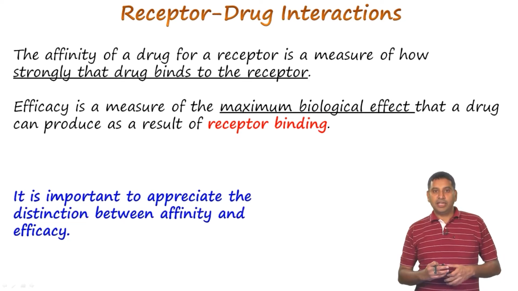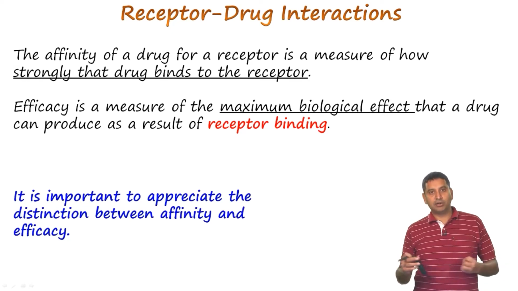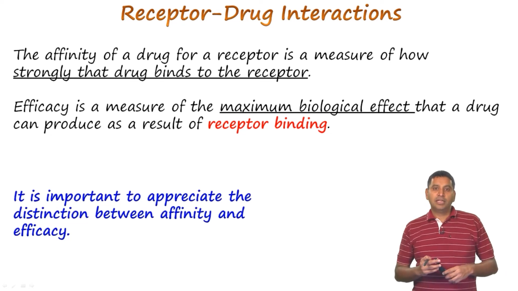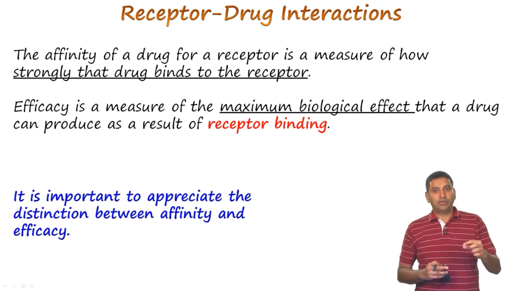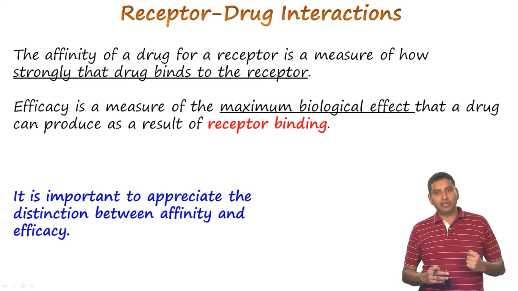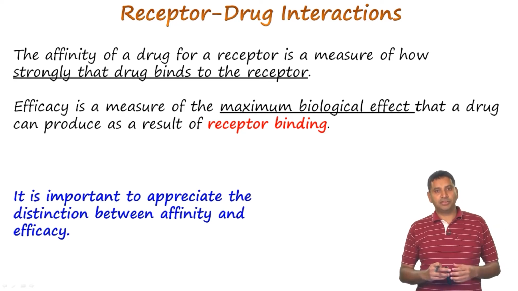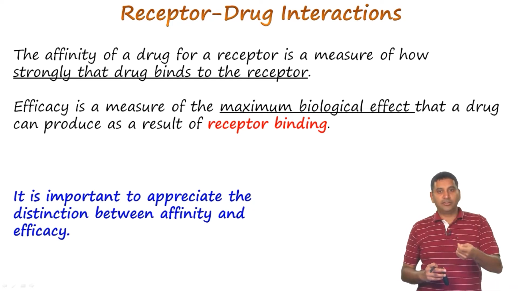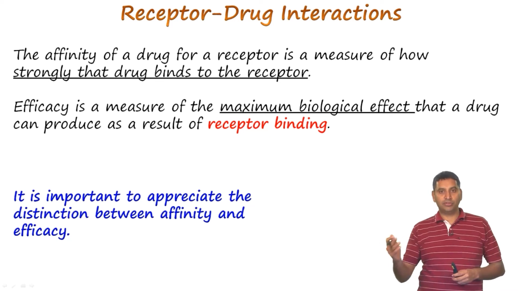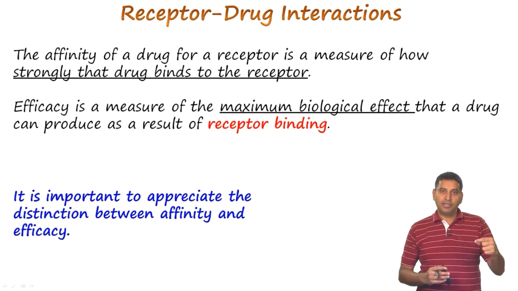So, the affinity of a drug for a receptor is a measure of how strongly the drug binds to the receptor. Okay. We shall define another term known as efficacy. Okay. Efficacy is a measure of the maximum biological effect that a drug can produce as a result of receptor binding. So, we have looked at in detail in the past several lectures that once the ligand binds to the receptor, it results in a conformational change which can activate a cascade of processes which results in signaling. So, efficacy is how